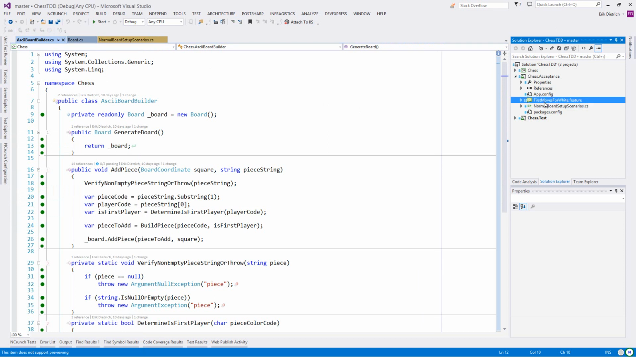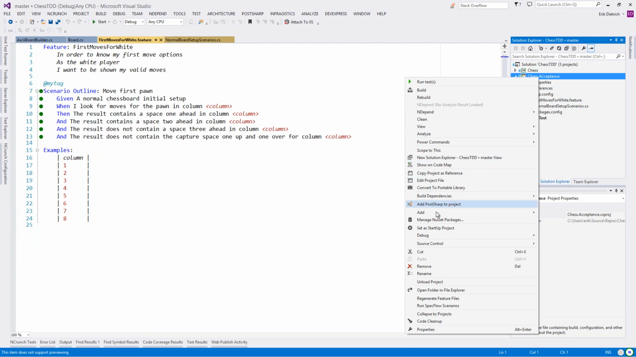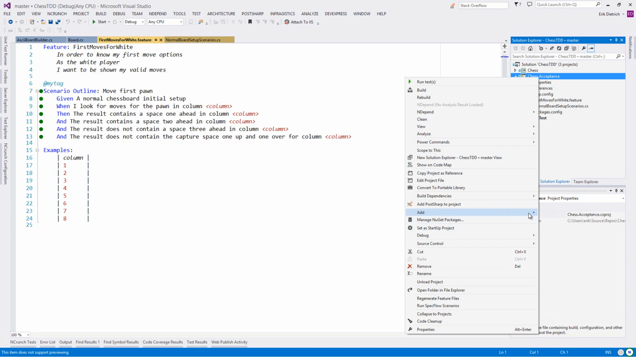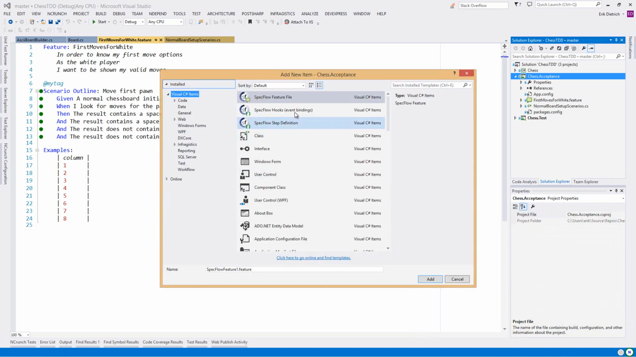I hadn't looked at Specflow in a while. The last few episodes were kind of normal C# again for me, implementing that ASCII board builder, so I was kind of getting my bearings here. Now, what I did was I took his stuff, I added a new Specflow feature, and then I promptly, instead